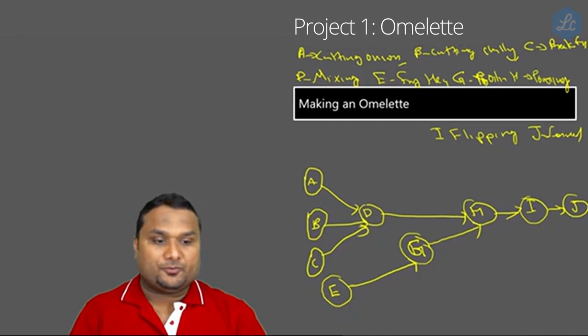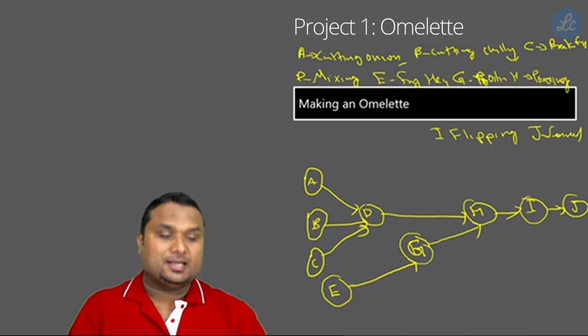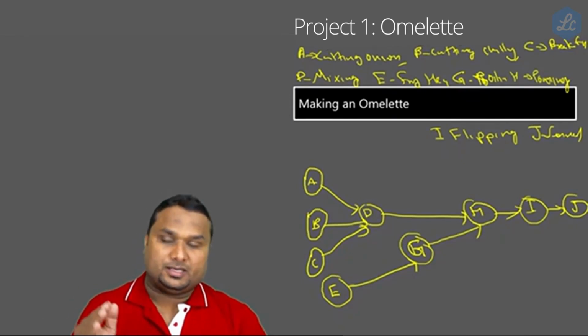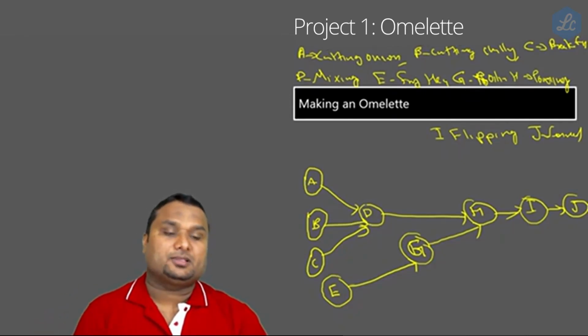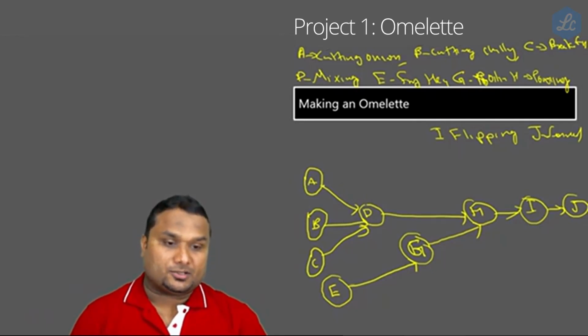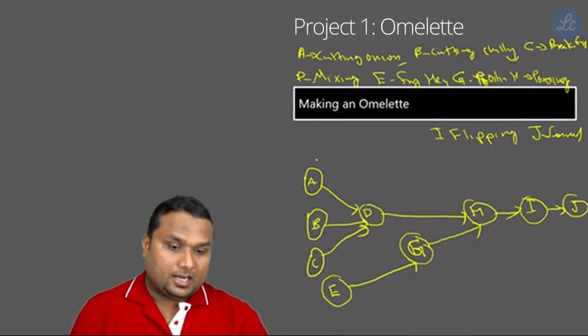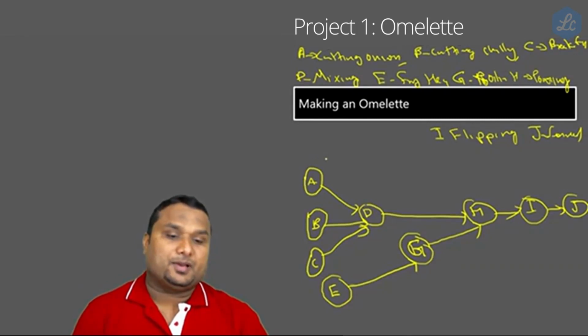Now hope you all got a very basic idea how to draw a network diagram. This is the very fundamental stuff to understand the basic concept. So this job has to be done after that job. And we are also applying the timing to this, when it has to be started, when it has to be ended. It's like that. Suppose cutting onion, cutting chili, breaking the egg could be started from the 0th minute itself. It can be started from the 0th minute itself. It can be started from the 0th minute itself.